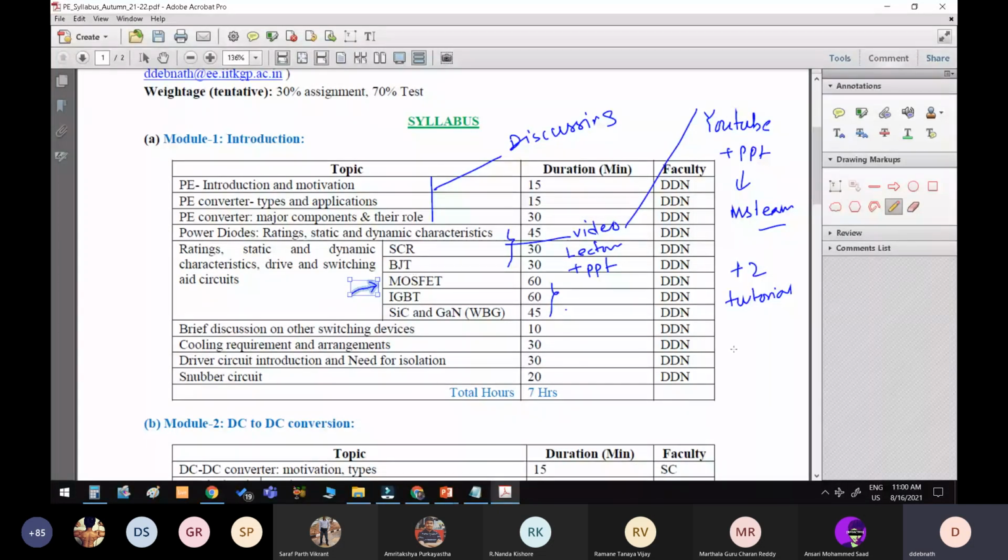Before 1st September, I have to complete this module. Otherwise, you won't be able to start the lab. Okay. So I repeat again, this Monday, Tuesday, and Wednesday, you have 3 hours free because we are not doing lab, and you have to utilize that to go through diode, SCR, and BJT. This week's target. Okay. You complete diode, SCR, BJT. Please note it. Diode, SCR, BJT must be covered using this 3 hour slot.